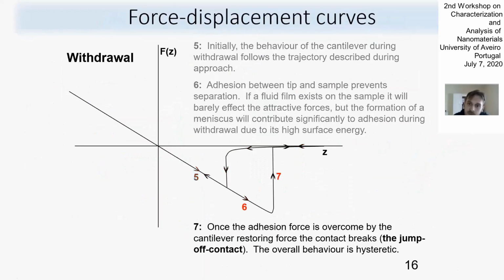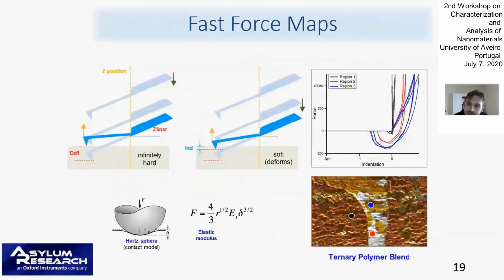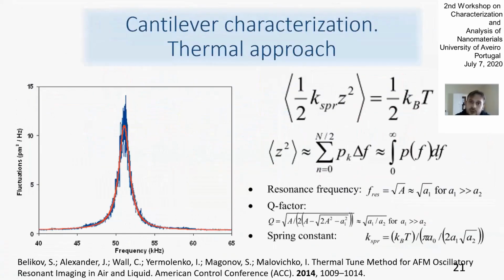In order to understand that, we usually use the so-called thermal approach. I will not go into the details now, but this is based on the measurements of the cantilever resonance, and the position of the frequency allows us to estimate it. It's directly linked to the spring constant or stiffness of the cantilever, and gives us an understanding of how stiff